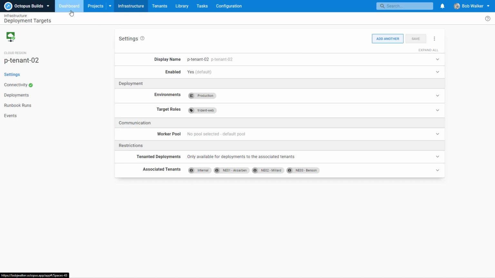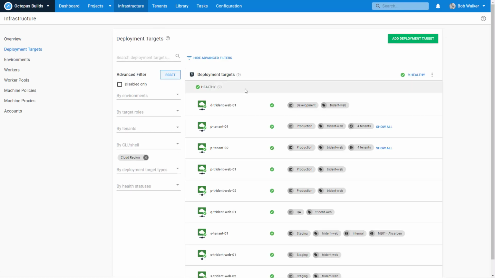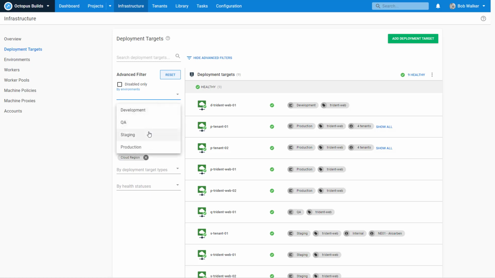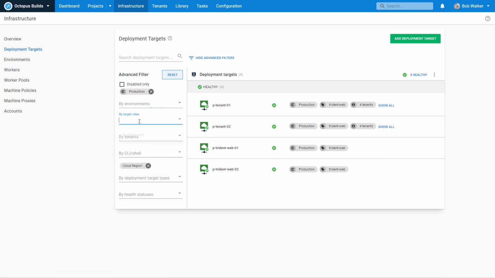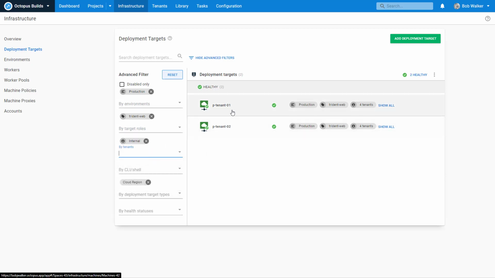Alrighty. Now we want to do a couple other things. So we have the targets registered. So let's take a look at what it would look like when we want to go to production. In the past, when we wanted to go to production and we're targeting a particular role, we would think that it would grab all 4 of these servers. However, with tenanted deployments, you have to specify a tenant. So in this particular case, when I want to deploy to internal, it's only going to pick up tenant 1